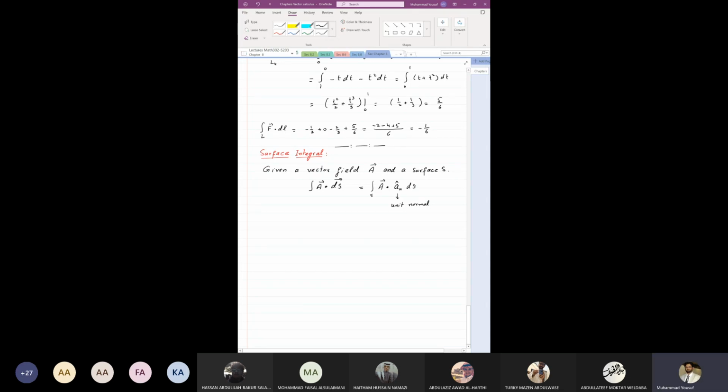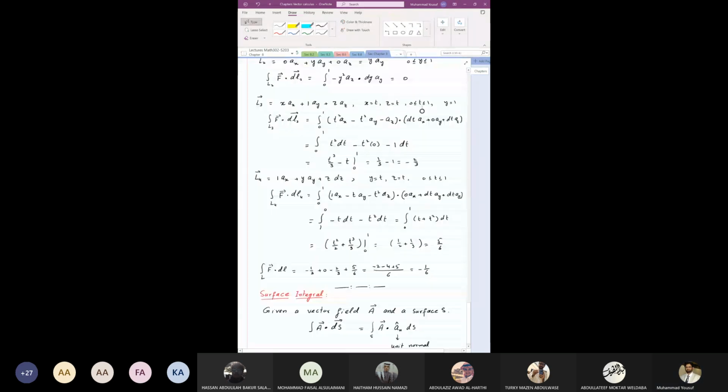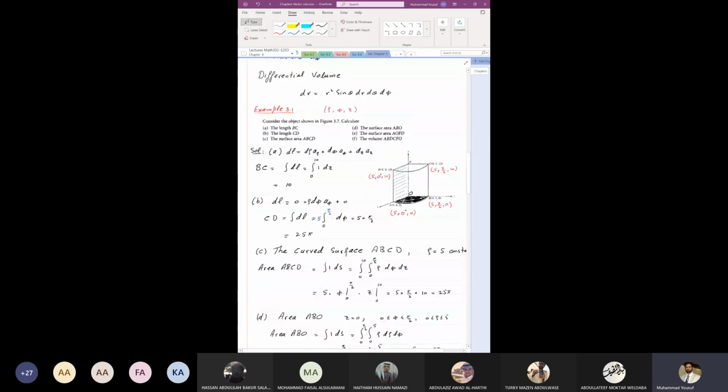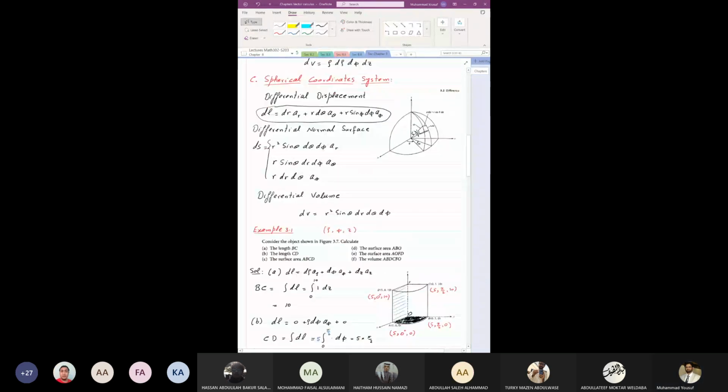Now what is the ds on the right hand side without vector notation? That ds is, again, I'm going back and showing you here, the same thing but without these unit vectors, a r, a theta, or a phi. What is this thing? This is ds without vector notation.